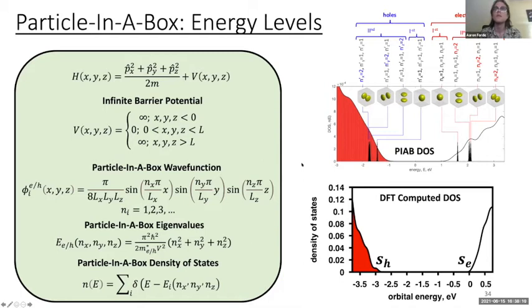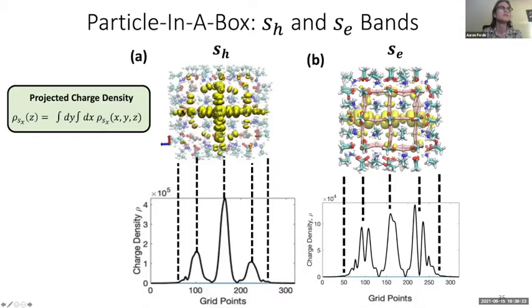And I guess the main thing I wanted to show is that from the DFT outputs, if you look at the Kohn-Sham orbitals, you can see that the lowest two energy states agree fairly well in terms of how the wave function should look. So there are nodes because of the atom sites within the quantum dot, but if you just consider the envelope function, you can see that for